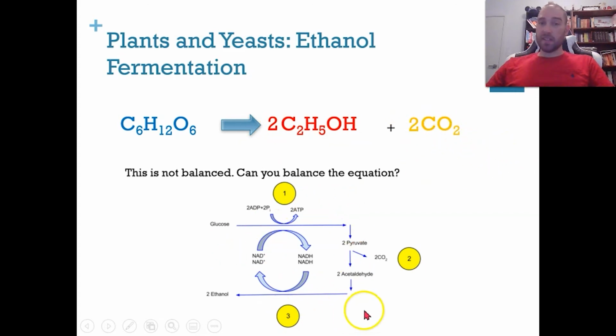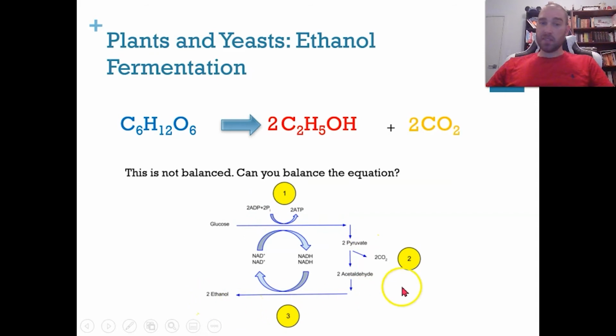This is the process that's happening, and you might notice that this is the first step down to pyruvate that occurs in glycolysis that I showed you on that diagram before. So this happens in the cytoplasm of plants and yeast cells. So the glucose is turned into pyruvate, and when that happens, ATP is produced, but only 2 ATPs from the glucose. So here's our ADPs and Ps that we had before, so we're turning 2 ADPs and Ps into 2